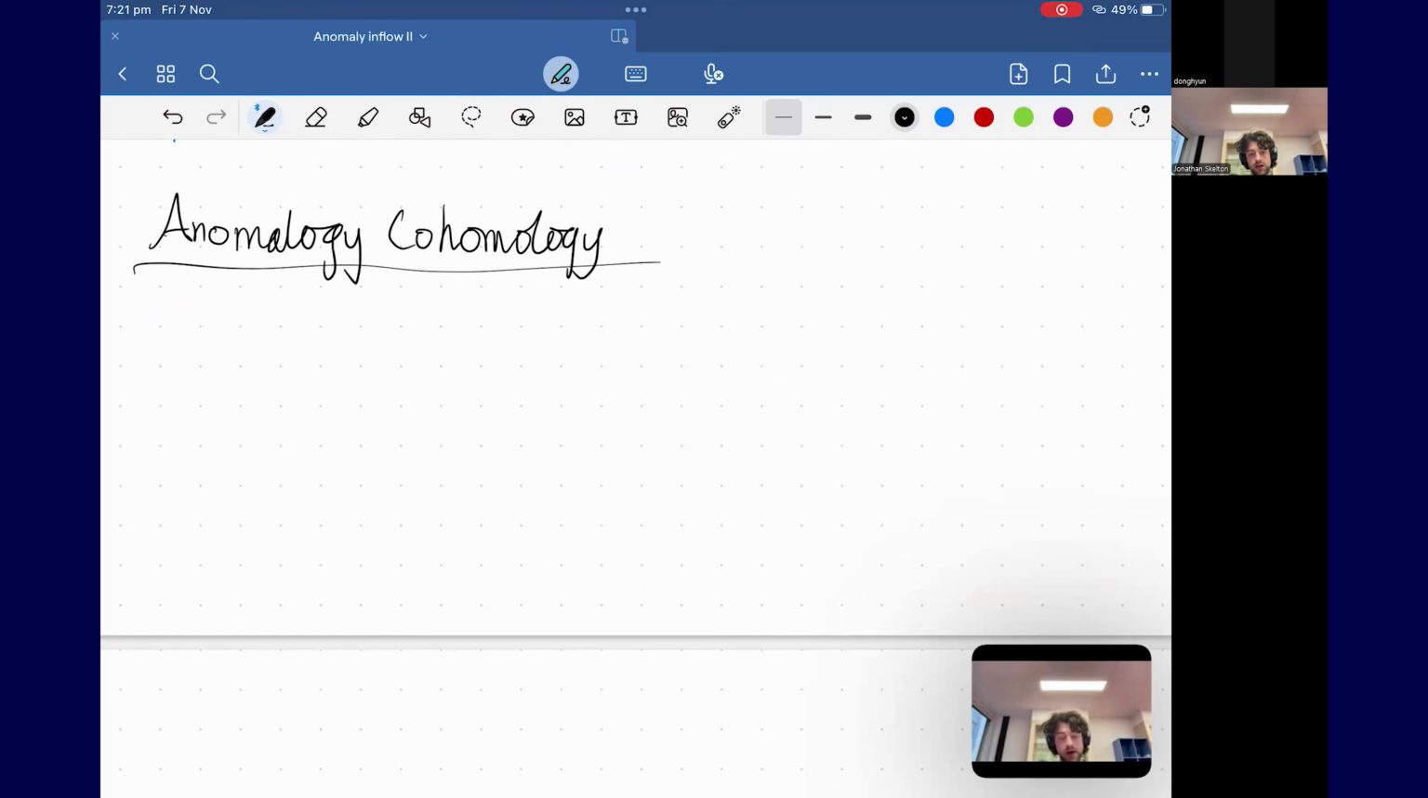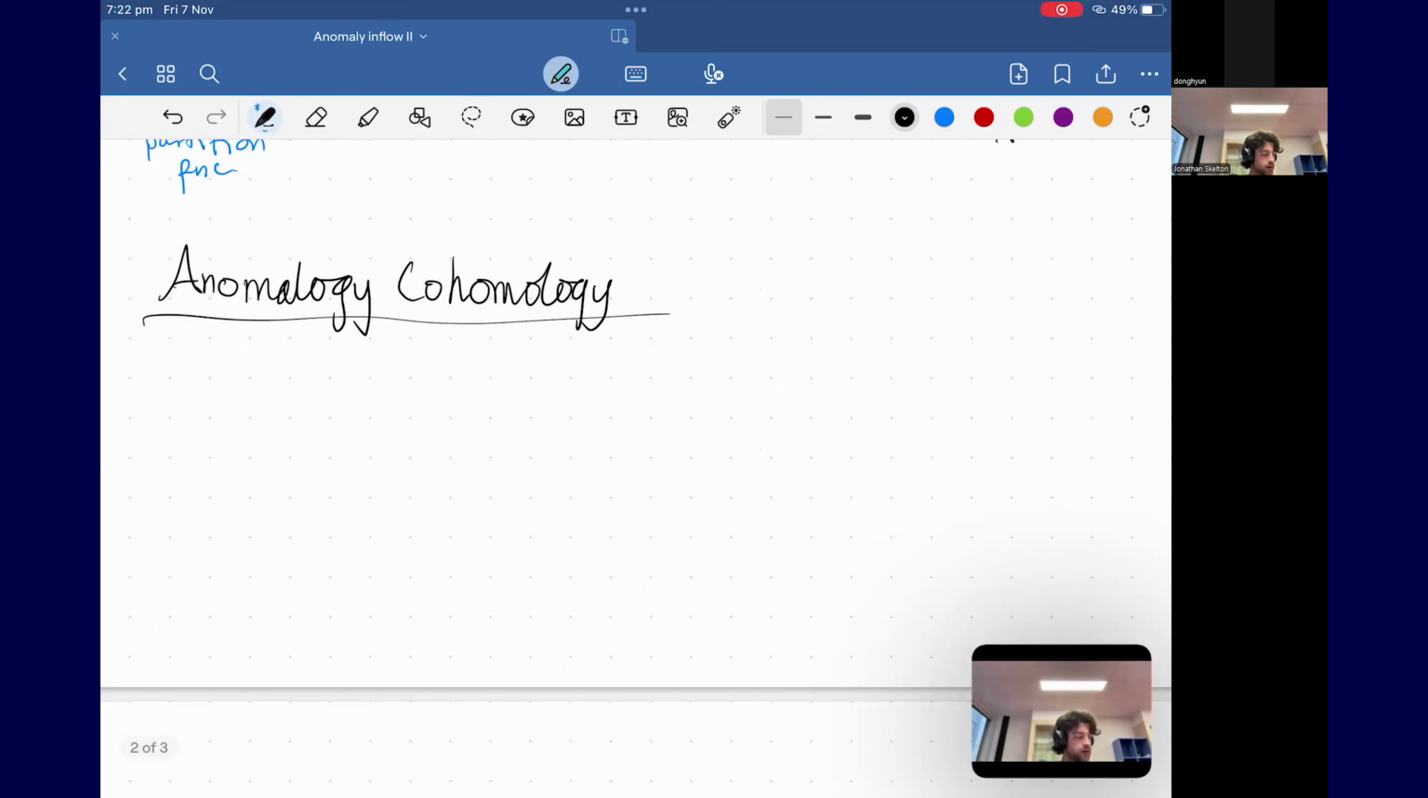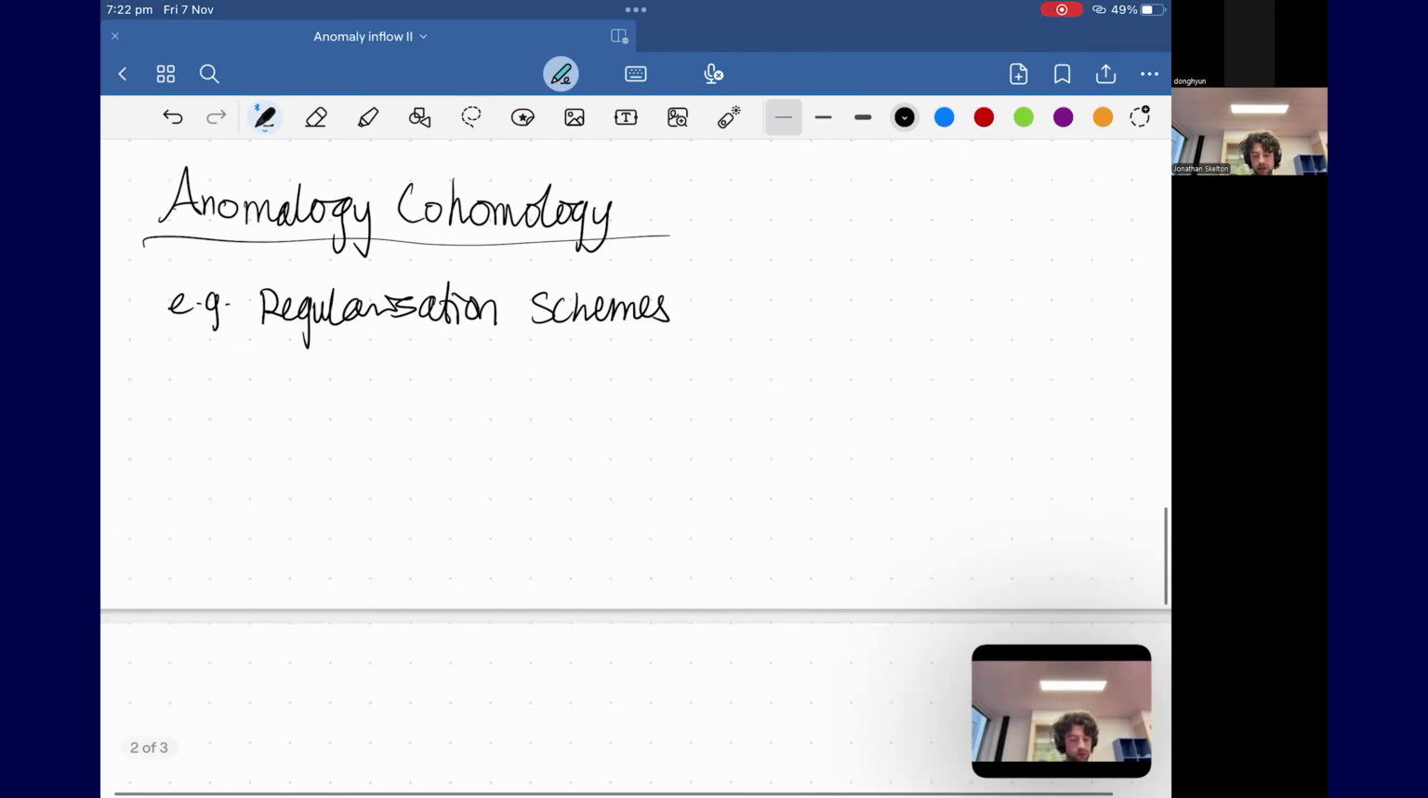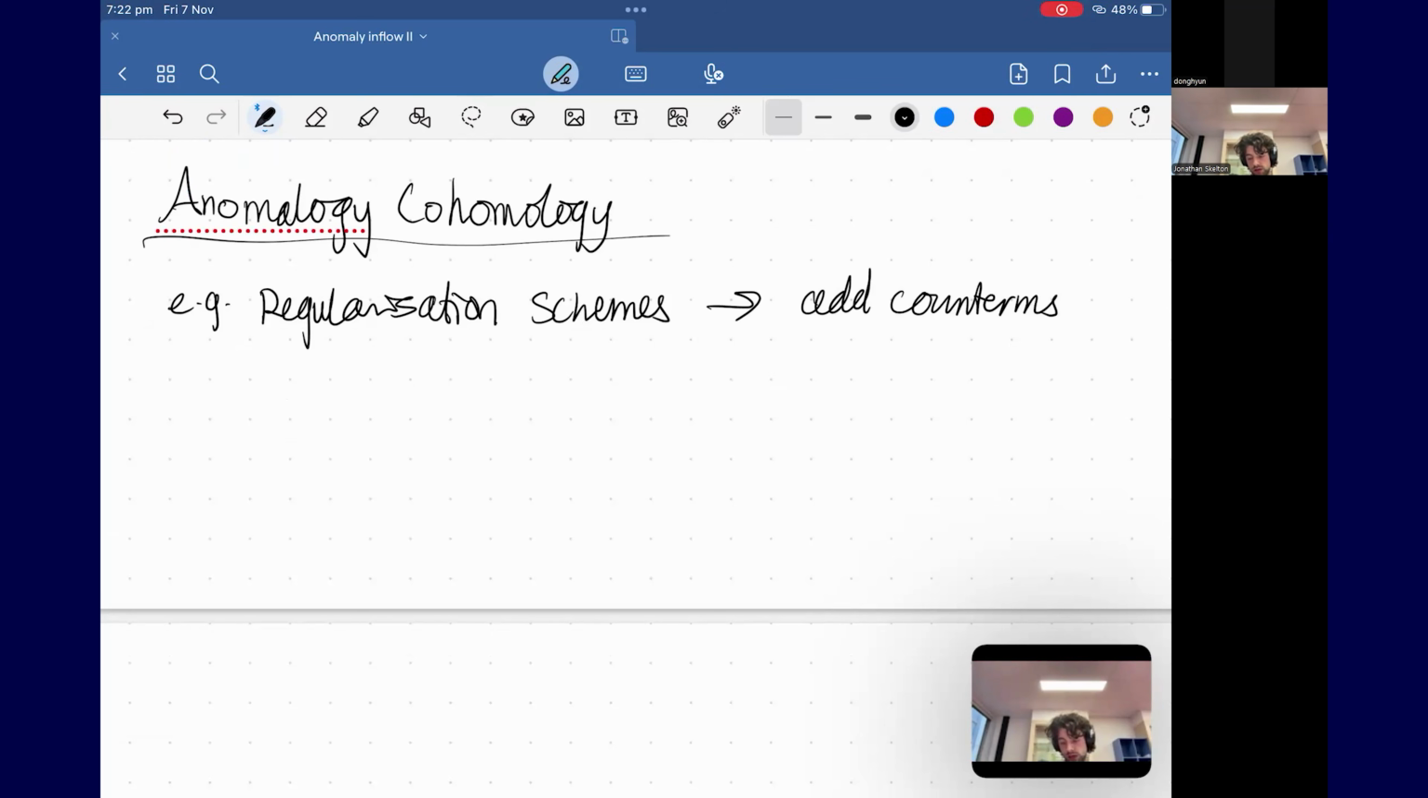I tried thinking about how this relates to the particle in a circle example, but it's tricky. I wasn't able to work through those details, but maybe we can discuss it later. So the idea is that, e.g. under regularization, you have different regularization schemes. You add counter terms to your action,